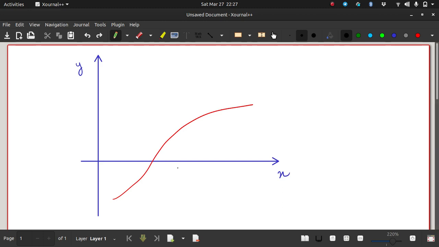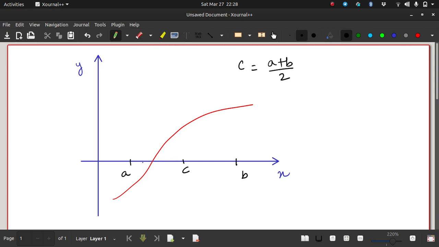And the bisection method tells us to pick an interval in which you think the root lies. Why would I think the root lies within this interval? Because the function changes sign from here, which is negative, to here, which is positive. So that means the root lies within this interval. The bisection method tells us to find the center of the interval and look for the value of the root there. So for example, this is C, and the bisection method tells me that the root will lie somewhere over here. So when I find the value of the function at C, I check whether it is in fact equal to 0.